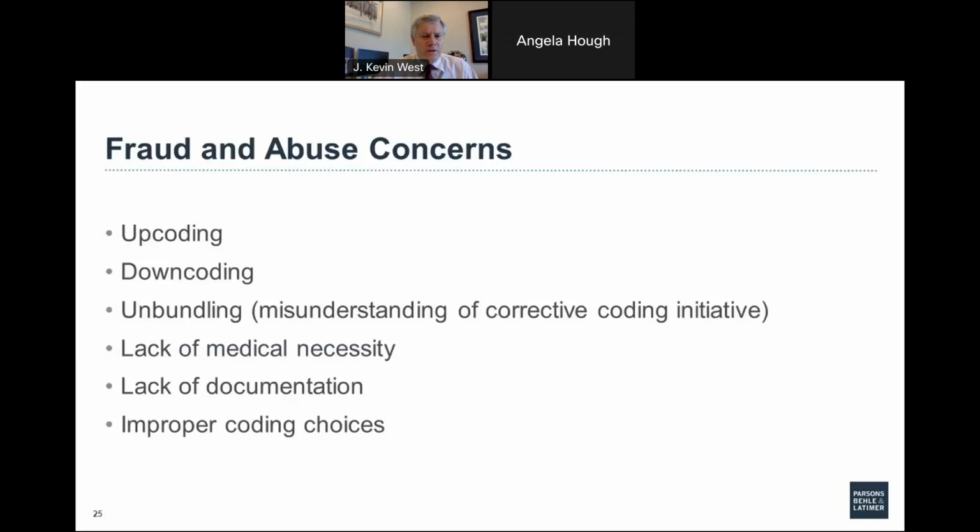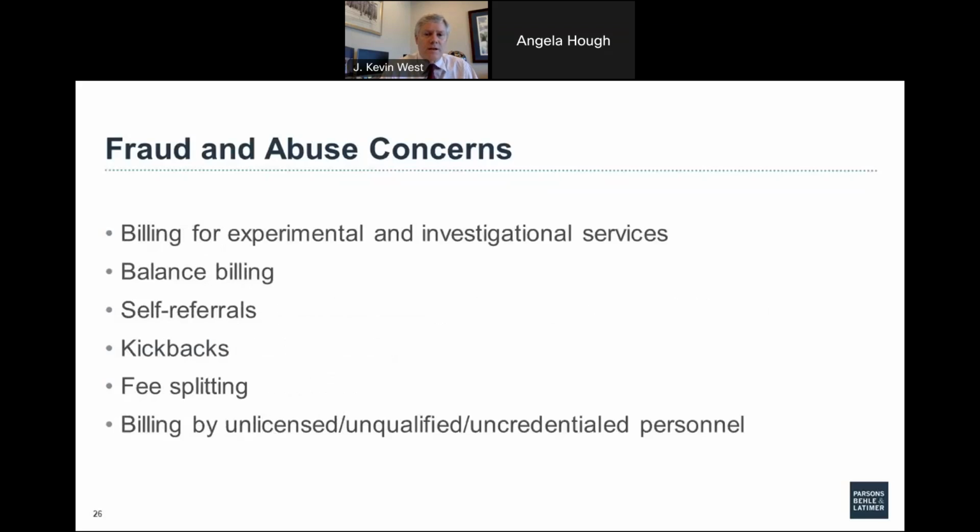Providing services when there is not clear medical necessity is a fraud and abuse concern. Just failing to have a documentation of a service, which happens all the time, making improper coding choices or other problems, and then some other things,